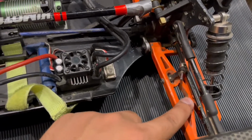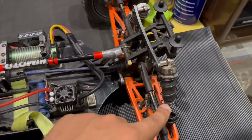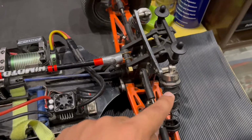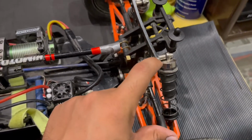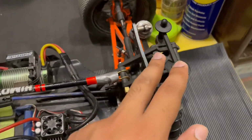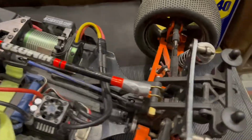These are dog bones in the rear, no CVDs. And for the shocks, same as front. The only thing different here is the size, and this is actually bigger than the front ones. And you got the body post. Again, you got the bulkhead